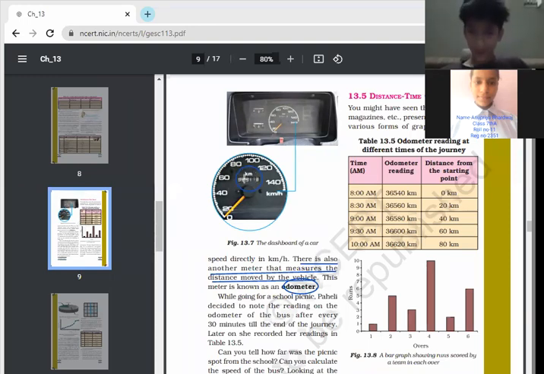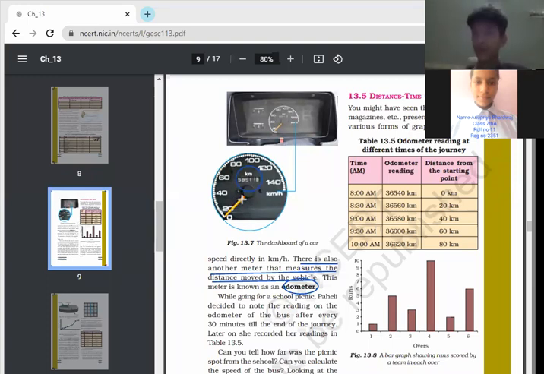So each one of you, either in your two-wheeler, or in the three-wheelers, you can see how much distance has been covered by your vehicle. So this reading you can read. This is a reading which shows the distance moved by the vehicle. Okay, so just go through, because each one of you has a vehicle at your home. Kindly go through it and study it.